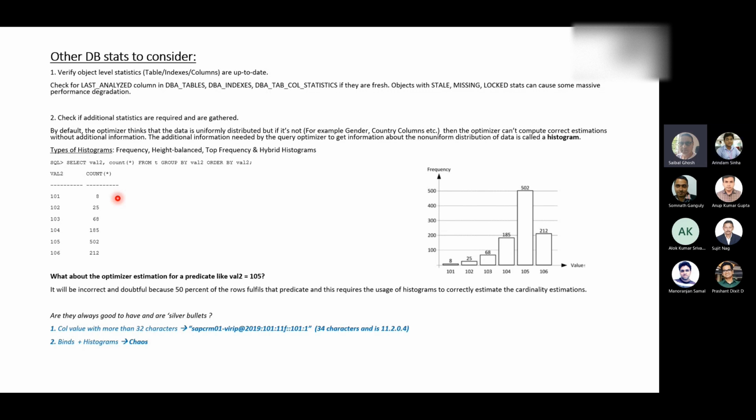For the moment, three things need to stand out for you. One, you need to understand adaptive cursor sharing, which is there from 11g. Second, you need a basic understanding of histograms, which Prashant very well explained. And number three is how this histogram actually works. Prashant is explaining; maybe it's a little complicated, but you need to take it step by step.